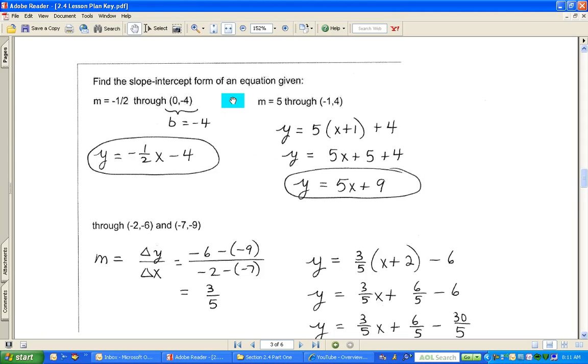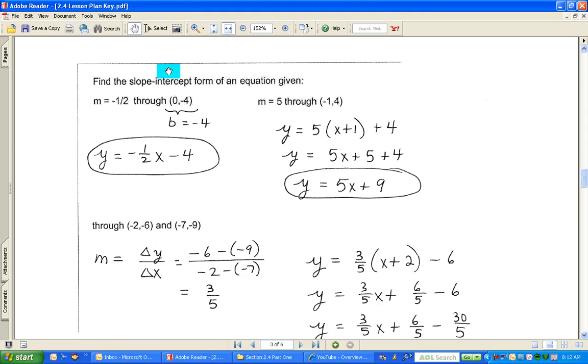Okay, ladies and gentlemen, this is section 2.4, part 2. First thing you need to do when you're working with lines, always read the instructions so that you know that the answer is being given in the correct form. Now, the directions here ask you to find the slope-intercept form of a line given the following information. So we know that ultimately our final answer has to go in the form y equals